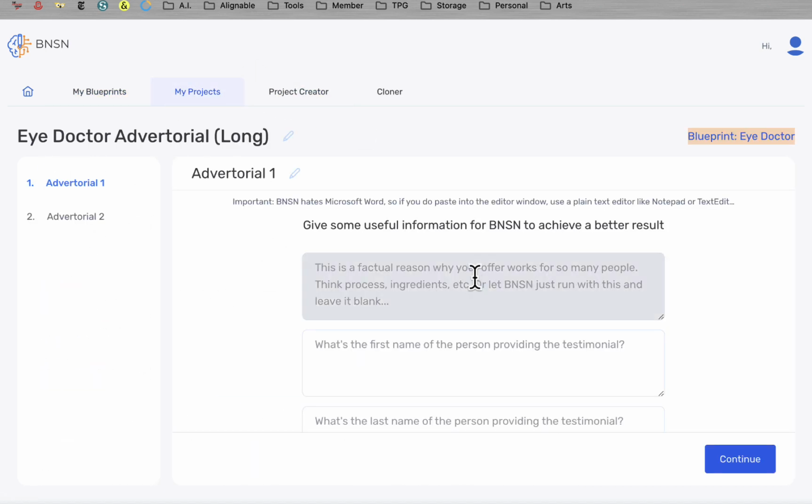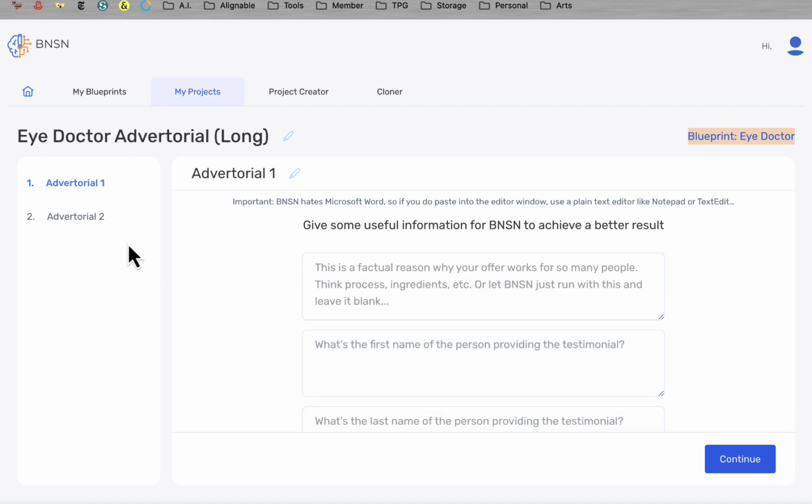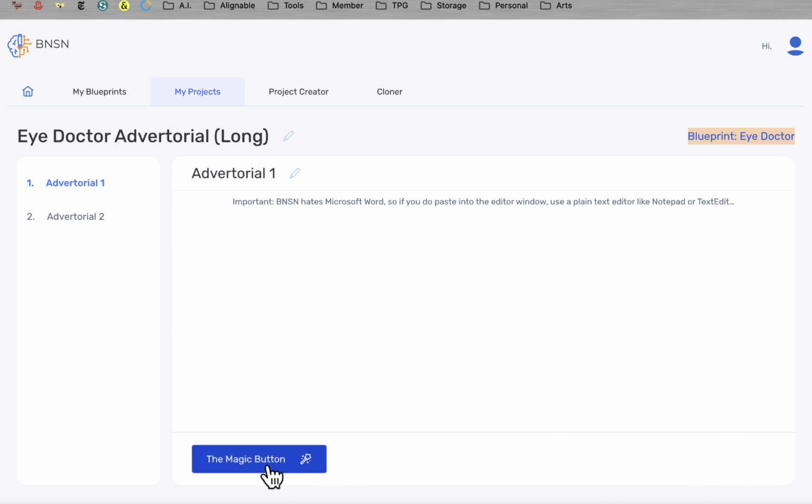Now let's go back over to the builder. This is some information that I can either choose to put in or I can choose not to. In this case, it's saying that it wants some information on what my offer is and maybe a testimonial and some other things. I'm going to just leave this all blank, hit continue, and hit the magic button, and it's going to start giving me